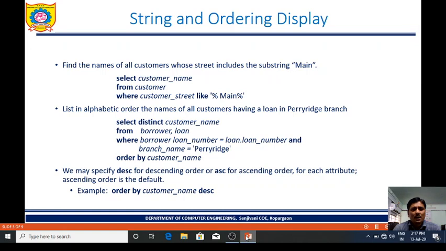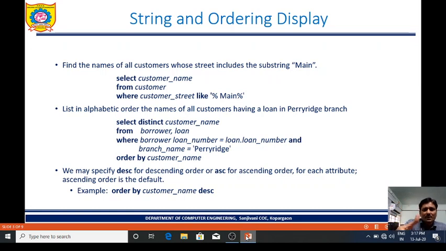See, select distinct customer name from borrower, loan. It means we are going to take attributes from two relations, borrower and loan. Two tables, borrower is one table, loan is other table. Now here we use where clause. In where clause we have enclosed one condition, that is borrower.loan number is equal to loan.loan number and branch name is equal to Perry.